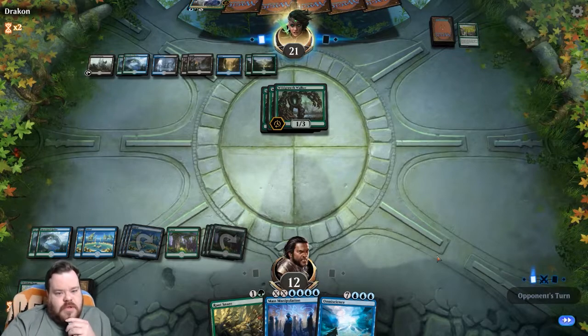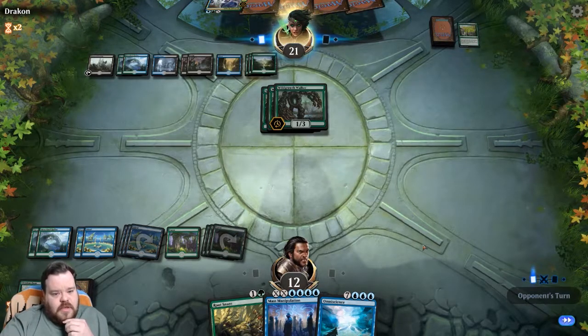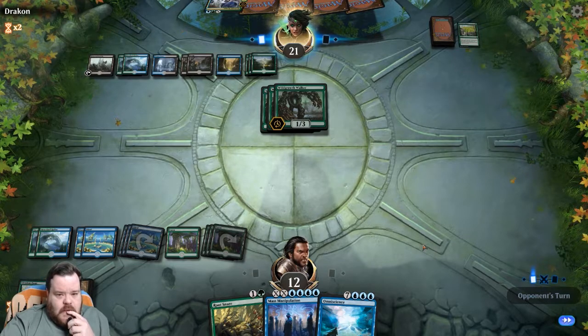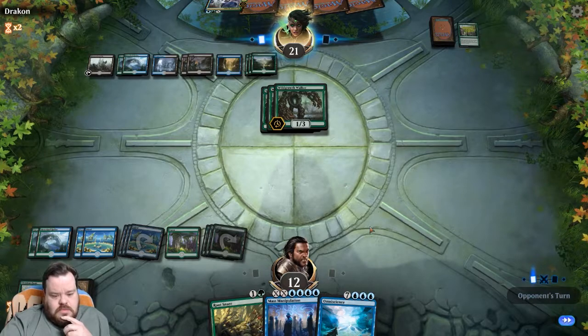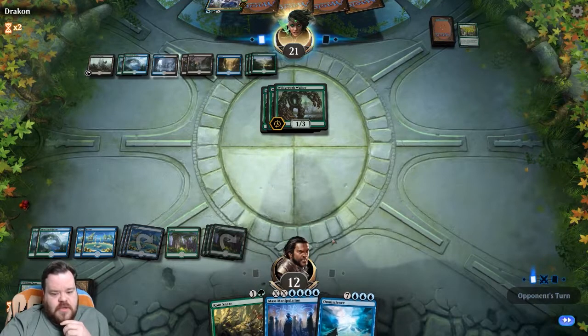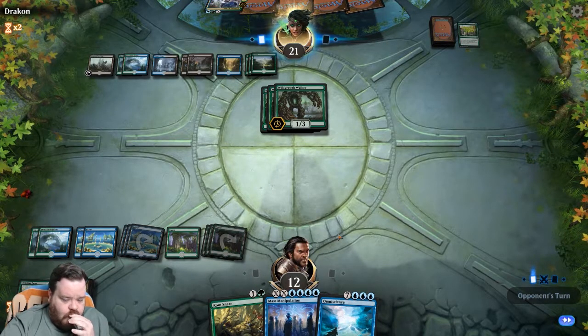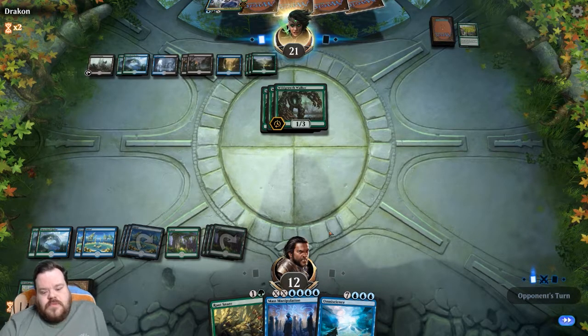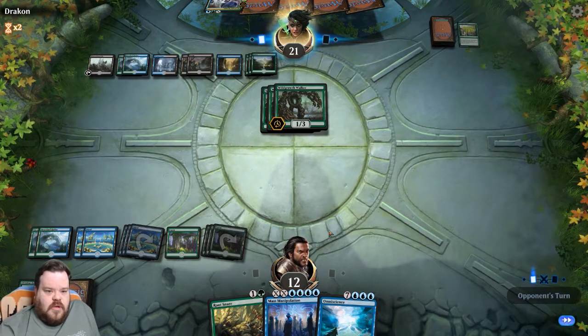So we still have the Root Snare. Unfortunately, they do get to cast the Crisis again, so they'll wind up getting some more cards. Not the biggest deal, but if they are playing Assassin's Trophy, I'm guessing Omniscience is going to get hit. So I think if they do play a large Crisis...